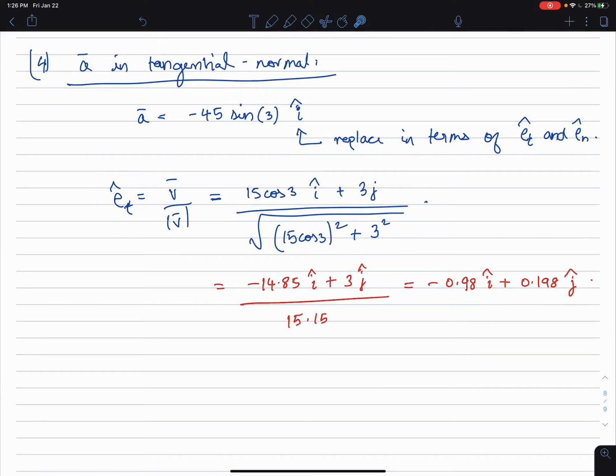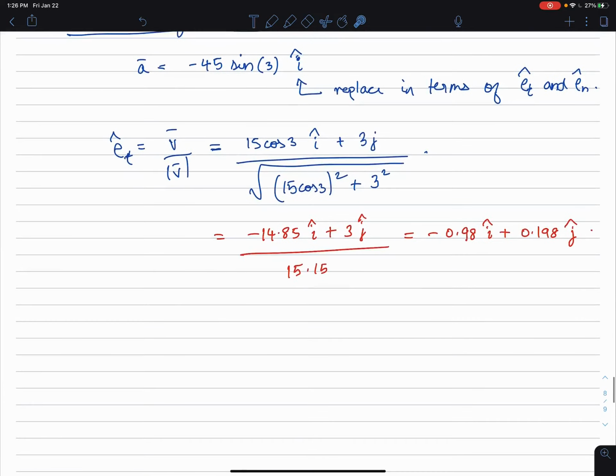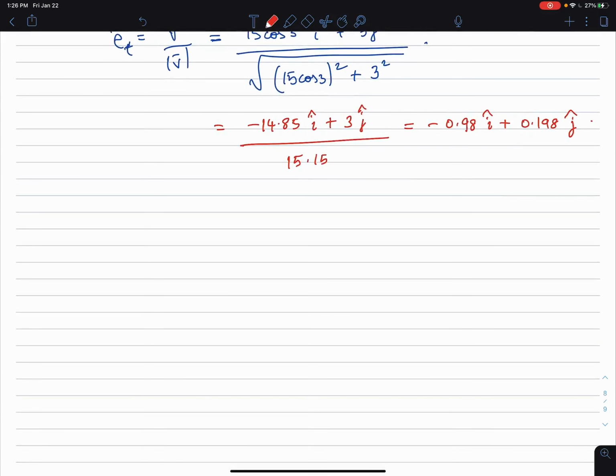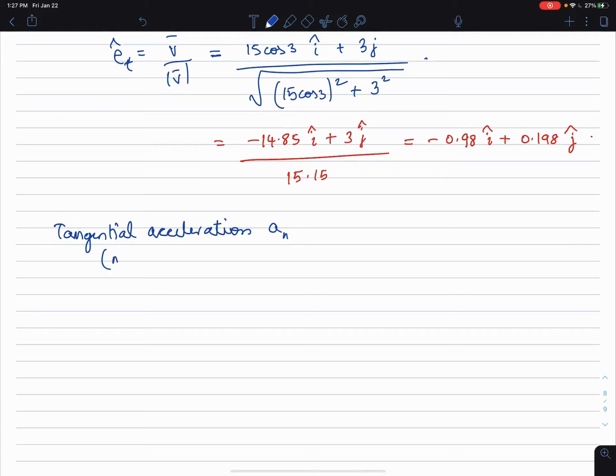Now how do you get the normal component? Okay, so rather than try to write an expression for the normal component based on the tangential vector somehow, what we can do is compute first the tangential acceleration, and then the total acceleration minus the tangential acceleration is actually the normal acceleration. So let's do that. So I'm going to call this AN, which is the magnitude of the tangential acceleration